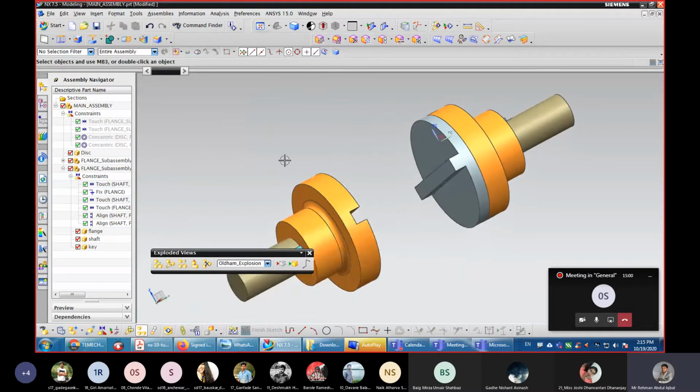You can see, this left hand side sub-assembly has moved, meaning it has not actually moved. In the exploded view it will look like this. Okay.